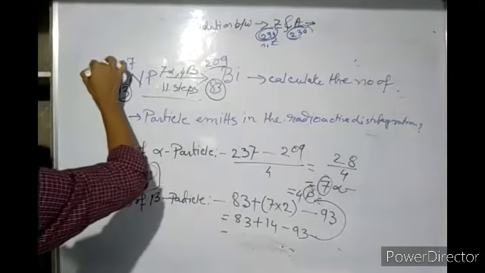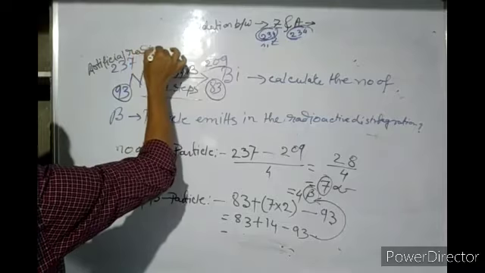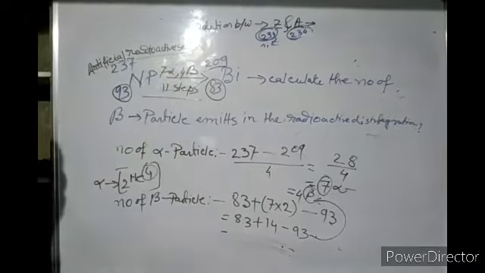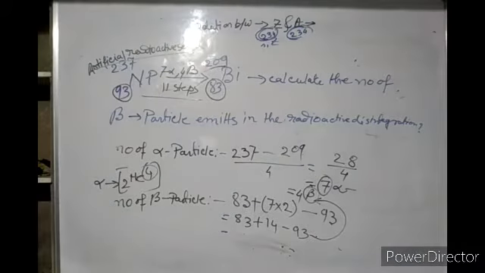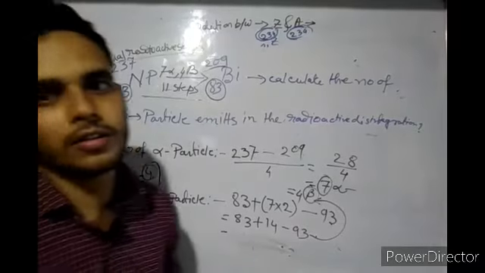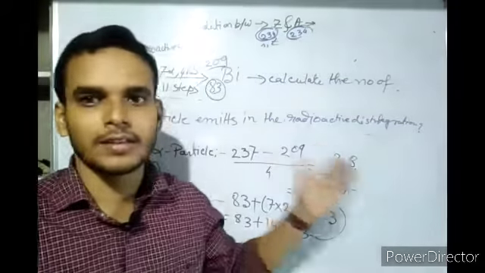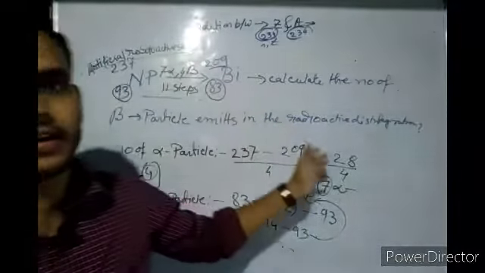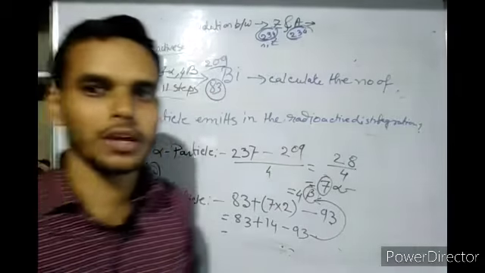It is called an artificial radioactive series. Okay. This is all for the definitions of isotope, isotone, isobar, and the relation between the nuclei of a radioactive series and the number of alpha and beta particles emitted in a radioactive series. Okay, thank you.